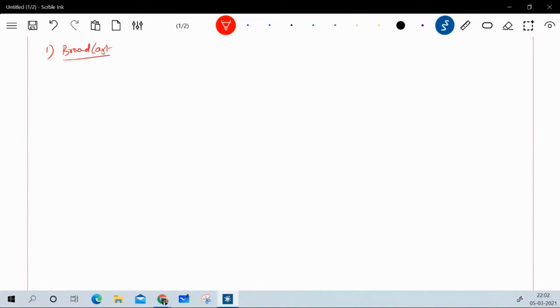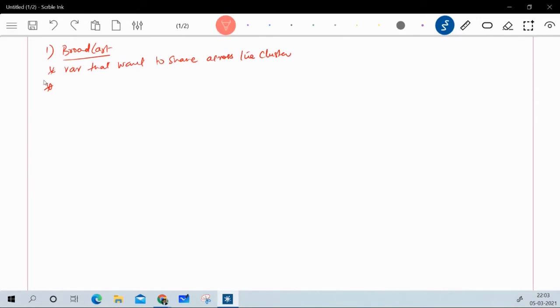Broadcast is a variable that we want to share across the cluster. This shared variable allows your program to keep a read-only variable cached on each machine rather than shipping a copy of it with the task.